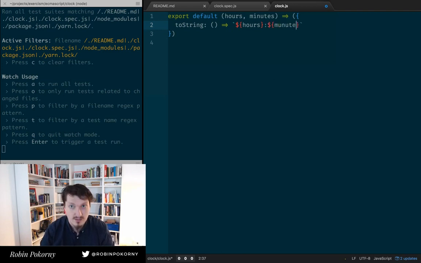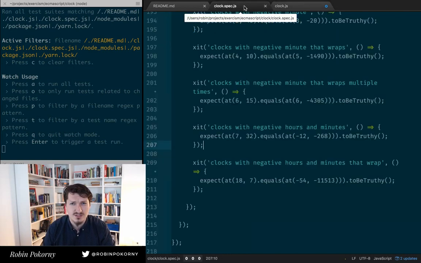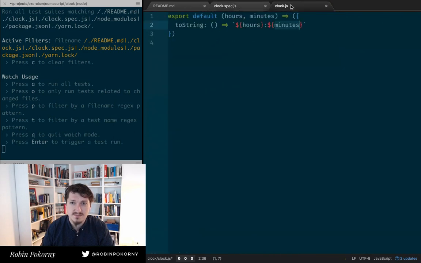I can write minutes. I'm not sure if you are familiar with the ECMAScript 6 template strings. It's just easier to write it like this instead of having these pluses and having to take care about the spaces and things like that. However, as you might see, this will not work because the hours is 8 and we need to have 08, and the minutes will be 0, or actually, is it anything at the beginning? Oh, it's nothing. So the minutes are 0 by default, but we need to convert it to the 2-digit number,